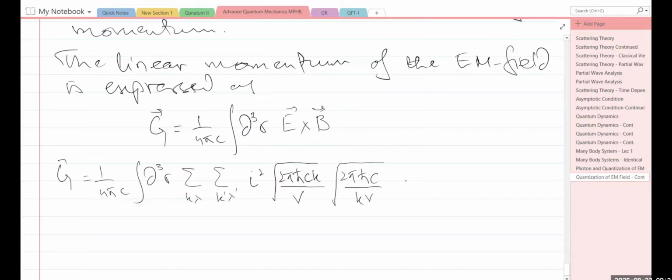And then we have the epsilon k lambda coming from E and crossed with जो B के साथ है, that is k prime cross epsilon k prime lambda prime, ये factor जो B से आ रहा है, but दोनों के दरमियान cross है because ये वाला cross इस वाले cross को represent कर रहा है, times अब वो factor जो हमारे